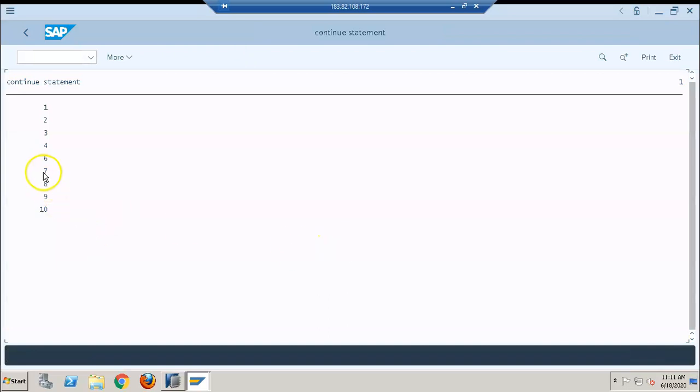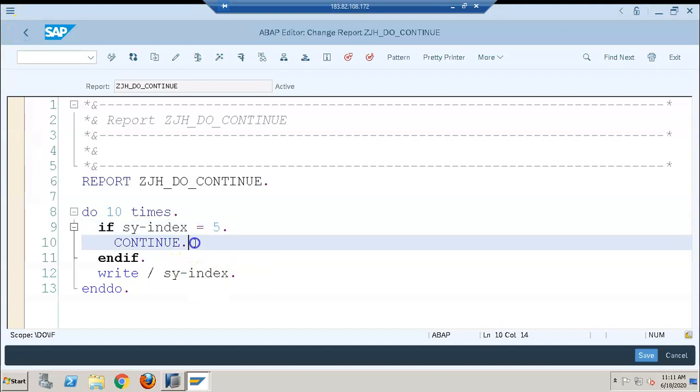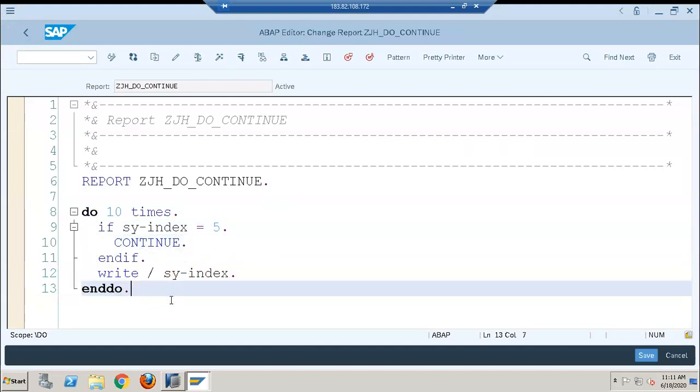Execute, and 5 isn't there now because we just said continue. The moment we say continue, it will skip only that particular time. Whereas exit was coming completely out of it. But continue is just for one skip, just once it will be skipped. This is about the continue command.